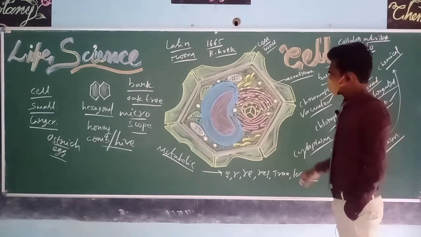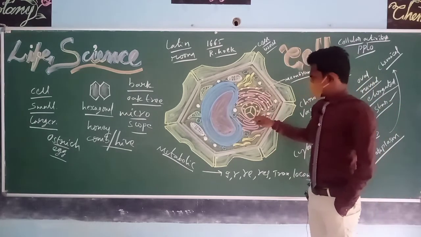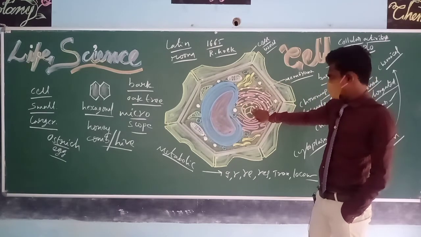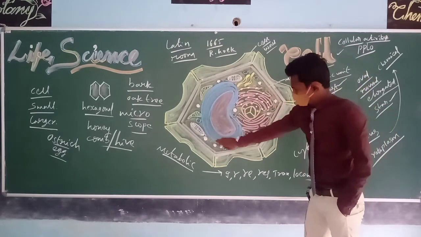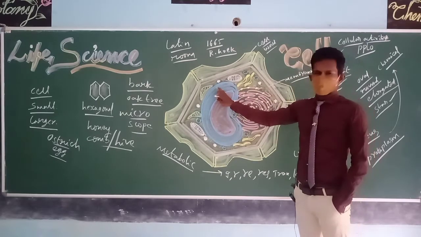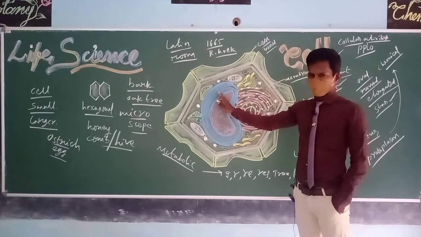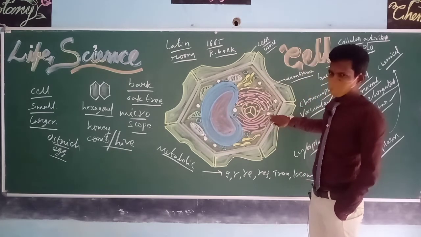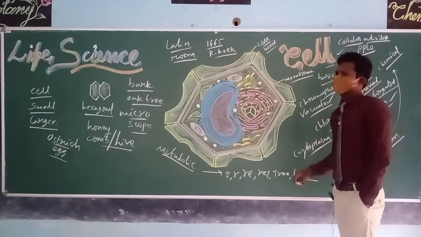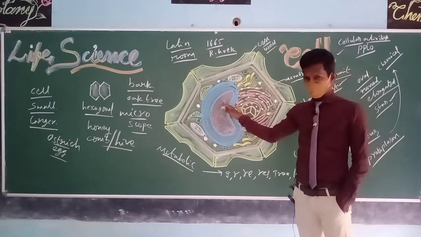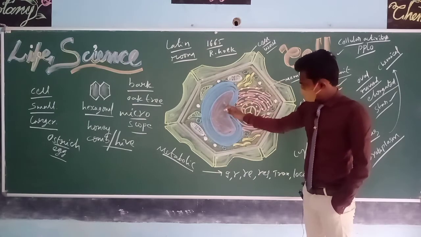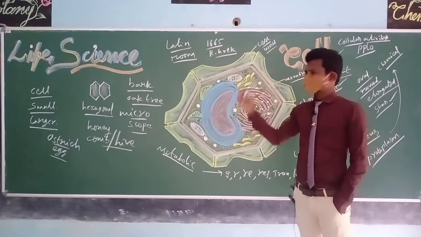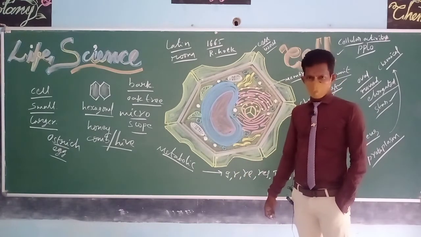So here, in the plant cell, the nucleus is present at the periphery of the cell, to the side, because a large central vacuole is located in the cytoplasm. That's the reason the nucleus is slightly pushed aside. If we take an animal cell, in the animal cell the large vacuole is absent, so the nucleus is located exactly in the center of the cell. We will discuss the animal cell in our next class.